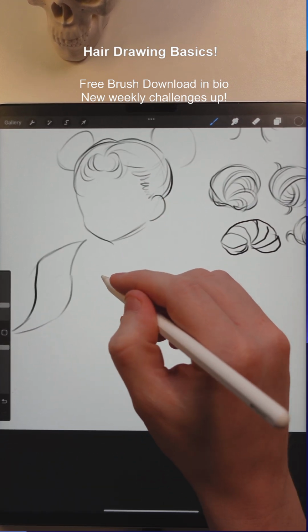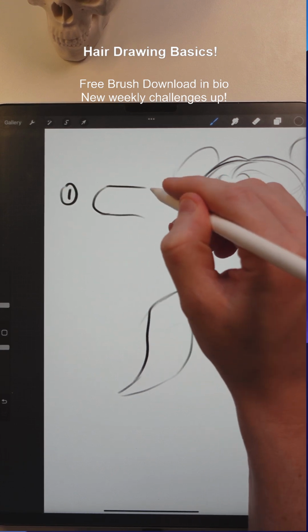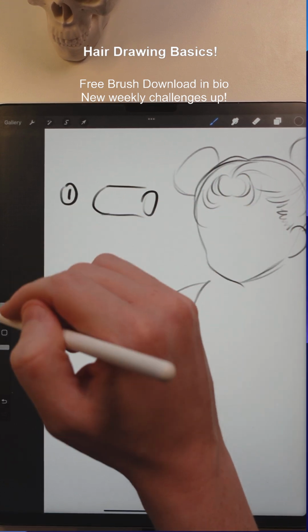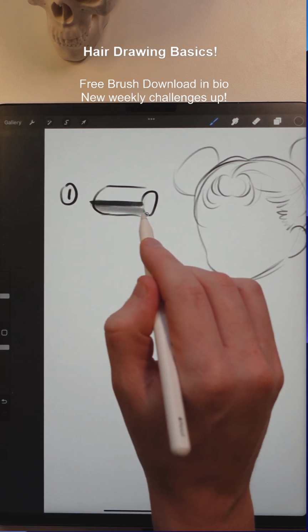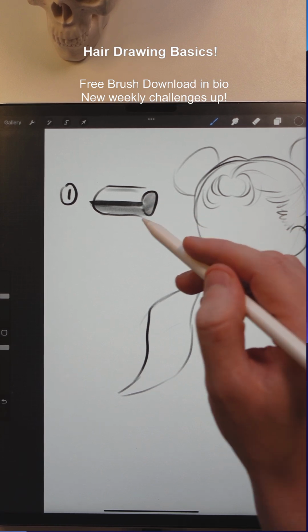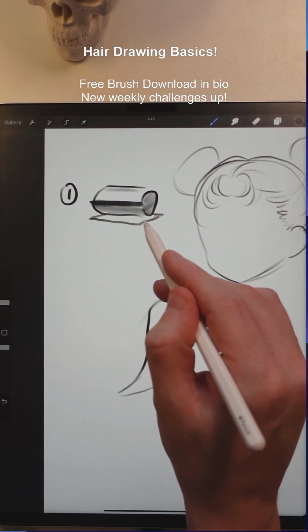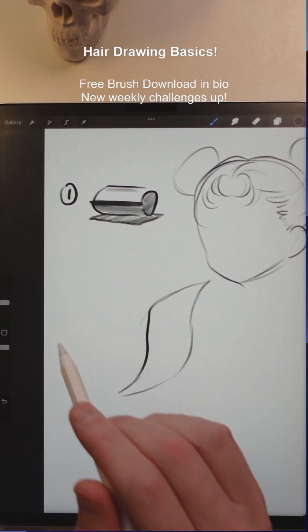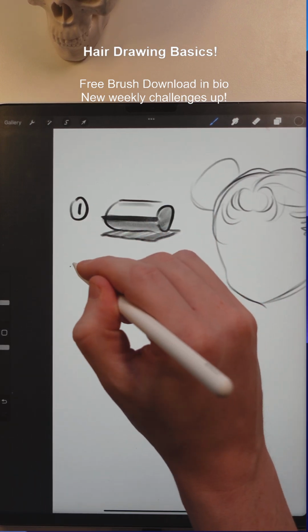So, step one is learn how to render a cylinder. A cylinder's got a core shadow, a shadowed side, a lit side, and a turning edge. That's how you render a cylinder. And then, of course, you'll probably have a drop shadow underneath of it. All right? So, step one, render a cylinder. Step two,